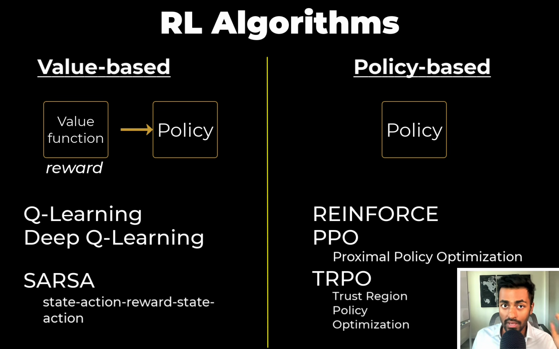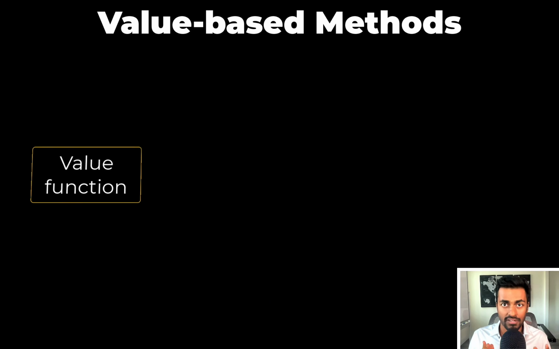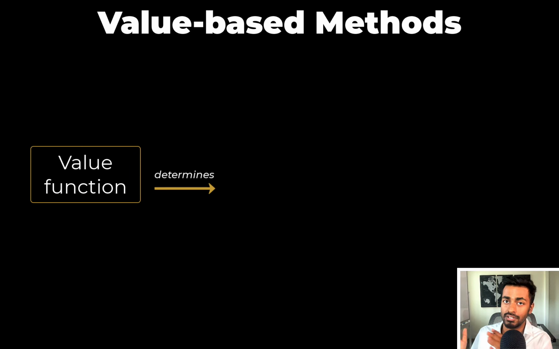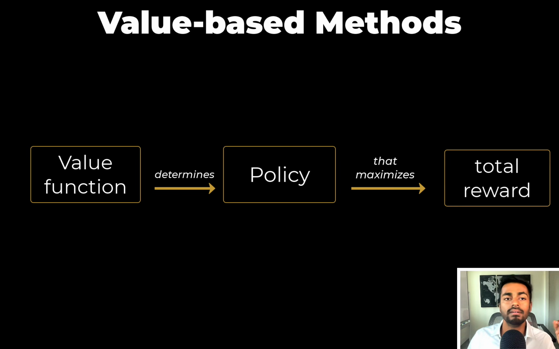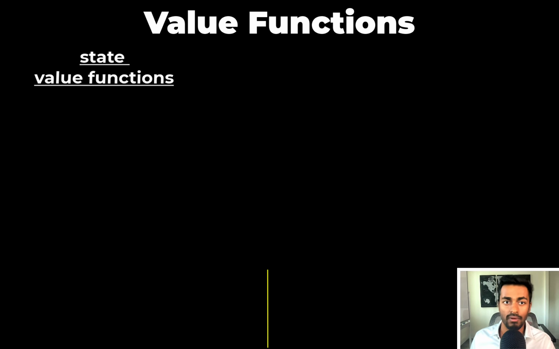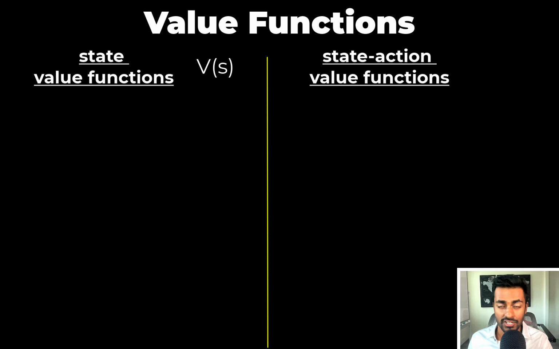For this video though, we are interested in value-based methods, as some of them make use of the Bellman equation. Value-based methods determine a value function, which in turn is used to determine a policy that will maximize total rewards. The value function is a function, so it has an input and some outputs. Depending on the inputs, there are two types of value functions. One of them is the state value function, represented by V, and then we have the state action value function,